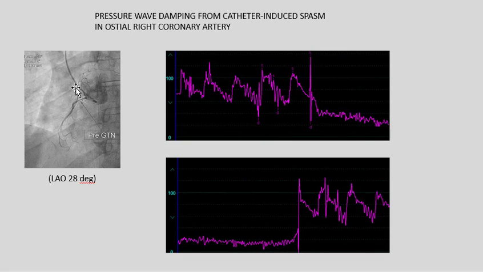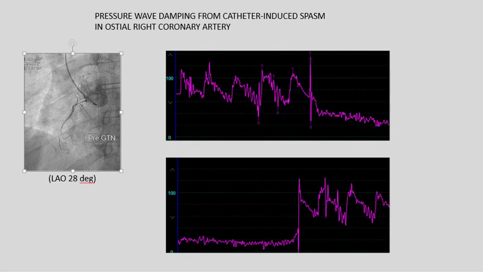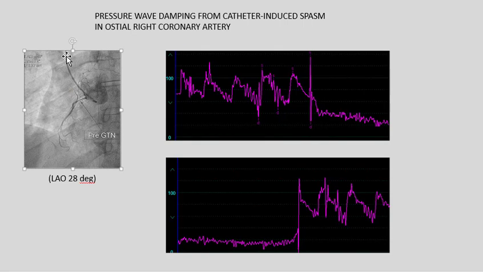Let's have a look at what pressure waves look like in our traces. This is a catheter inside our right coronary artery doing an injection. There's the right coronary sinus. It's in the LAO. You can see the backbone is on the right and the ribs are sloping to the left. And the catheter has engaged the right coronary artery, and the right coronary didn't like that, and it suddenly